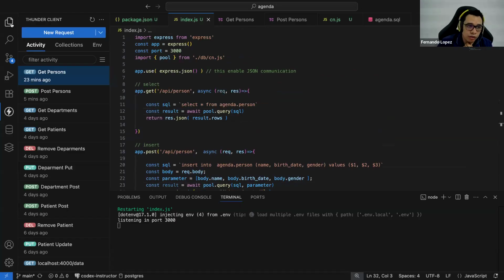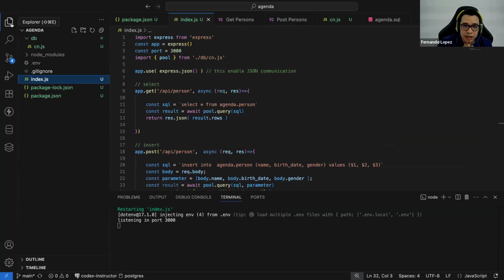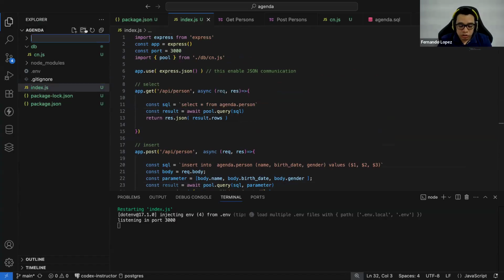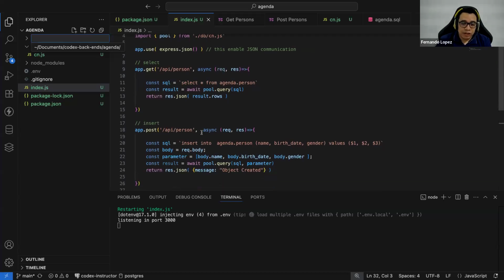So we're going to do something that is a refactoring. We will refactor this code, and we're going to add two new concepts. The first concept is the controllers. The controllers will perform the functionality that we have here in the callback.